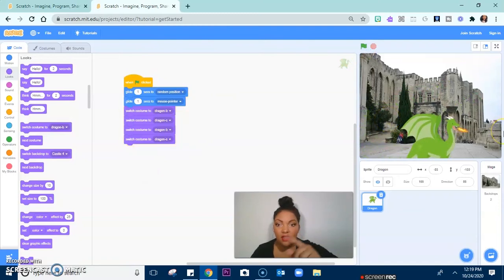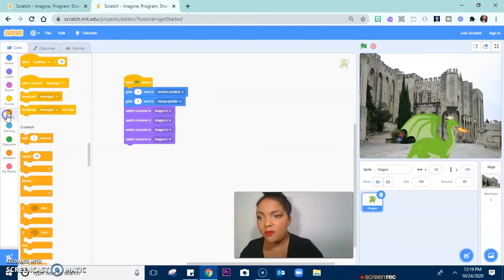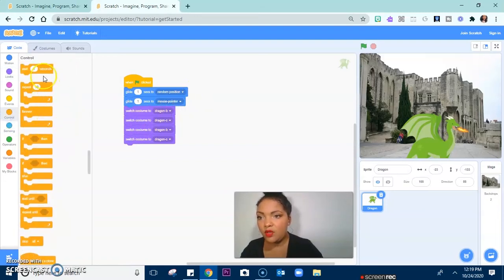Okay, so you see how I just tried all of that and it didn't do what I wanted it to? That's because you have to have an action that is started somewhere. And so I didn't start the action. So right here, I clicked to start that action, but with here, I did not do anything to cause it to change. So I'm going to go to my controls and I'm going to say,